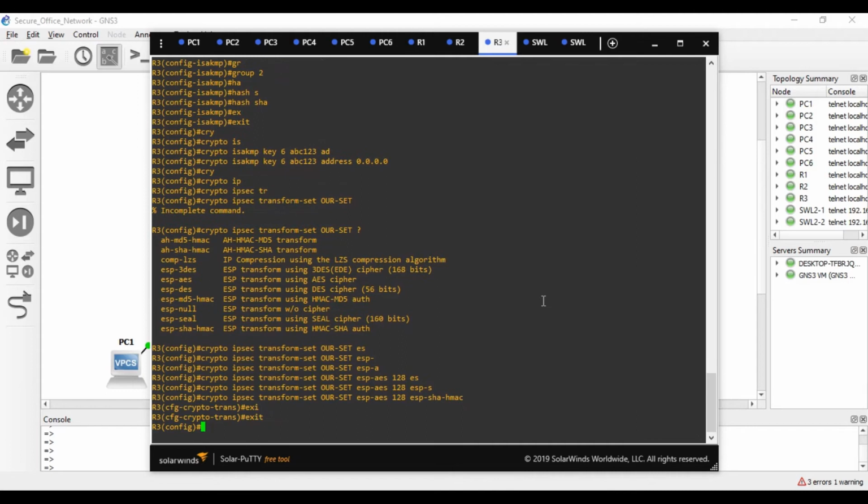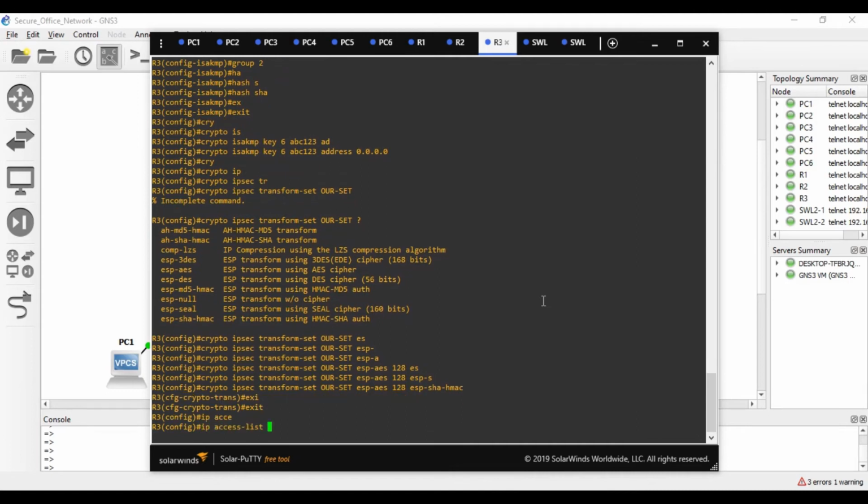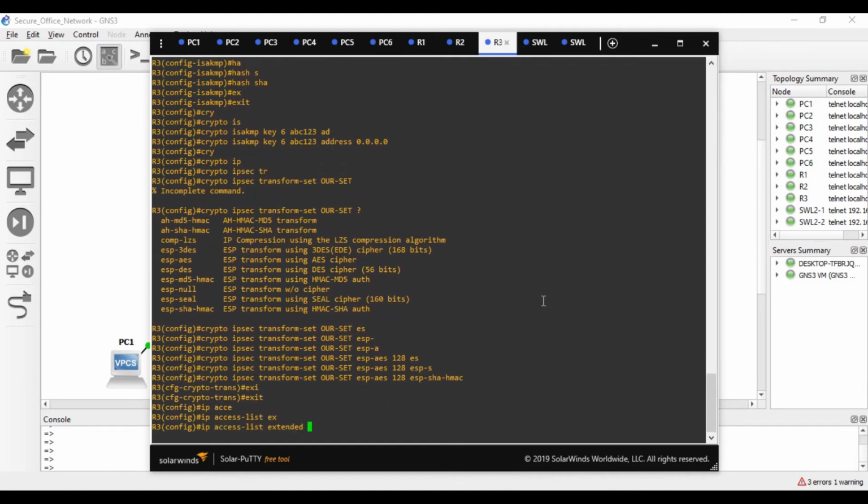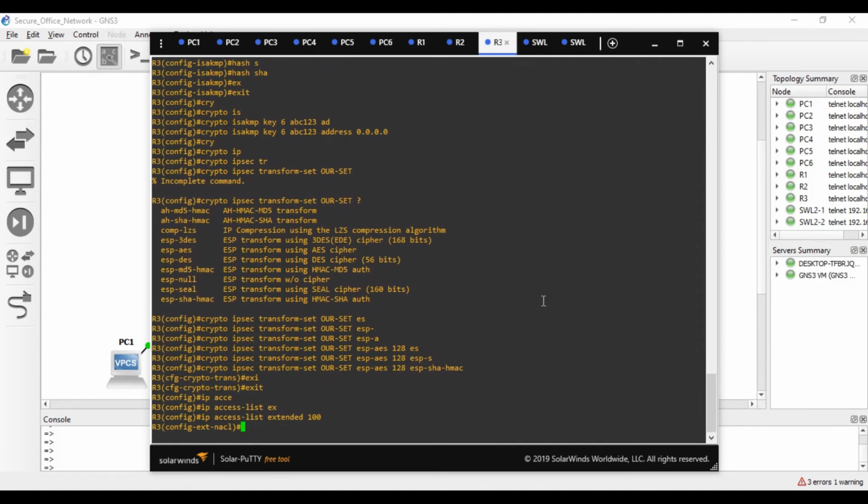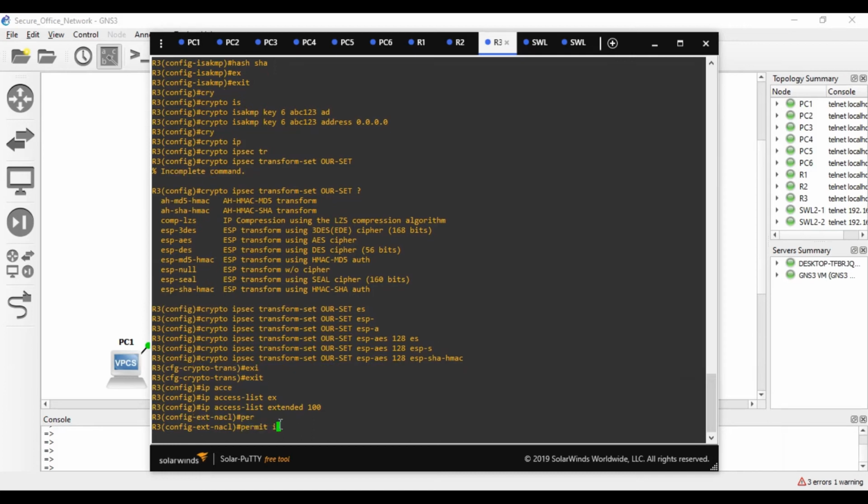and then IP access-list extended 100, and then what I'm going to do is extended 100. Let's check if it's recording. Yes, it is recording. 100, and permit IP, it should be